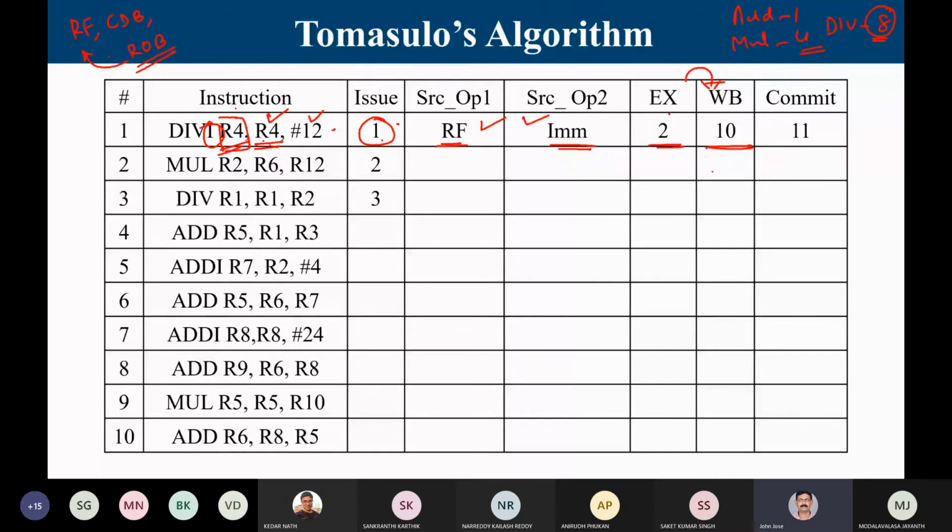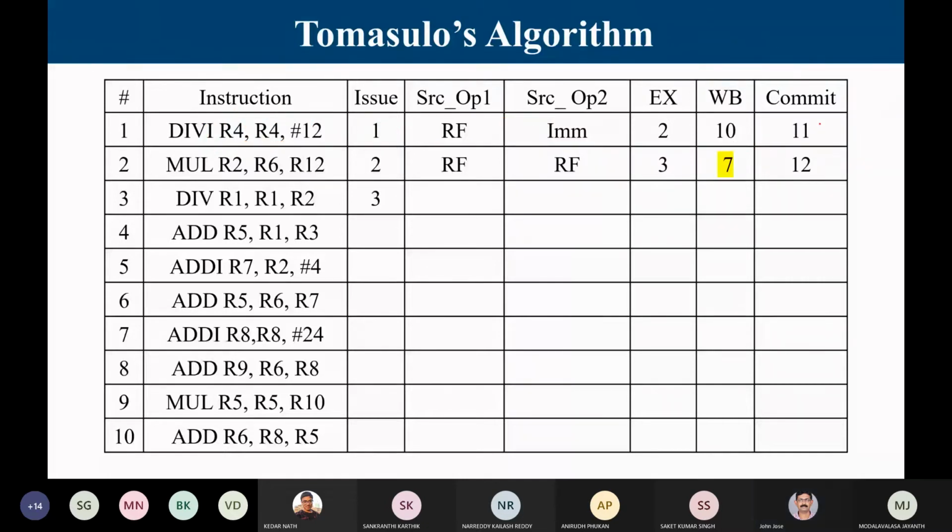Now, if I write to CDB, what happens here? I'm going to write into CDB at 10, which means at the end of the 10th clock cycle, your value is reflected in the reorder buffer. And then the very next cycle, since you are the first instruction, at 11 I can commit. Once you do 2 or 3 more instructions, it will be more clear to you. Now let us look into what happens to the multiplication instruction.